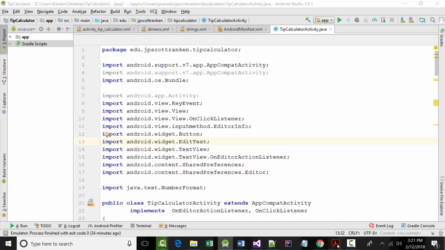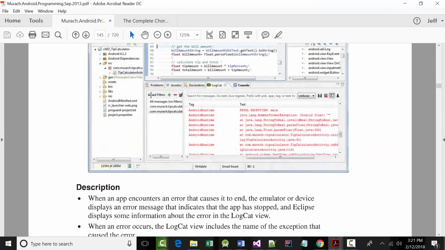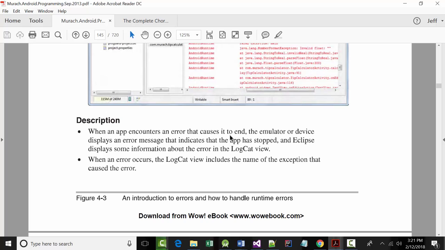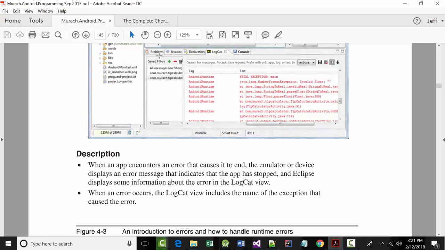If you get an error, if you look up on the screen here, the bottom part of your screen, someplace in there, it'll go red. It's trying to do one of those stack traces for you and show you where the problem was. Sometimes you look at it and you're like, hey, Jeff, I can't figure it out because my whole screen is red. Everything's red. And that'll happen if you've got enough errors. So as it says, when an app encounters an error that causes it to end, the emulator or device displays an error message telling basically what happened. This area that's in here,